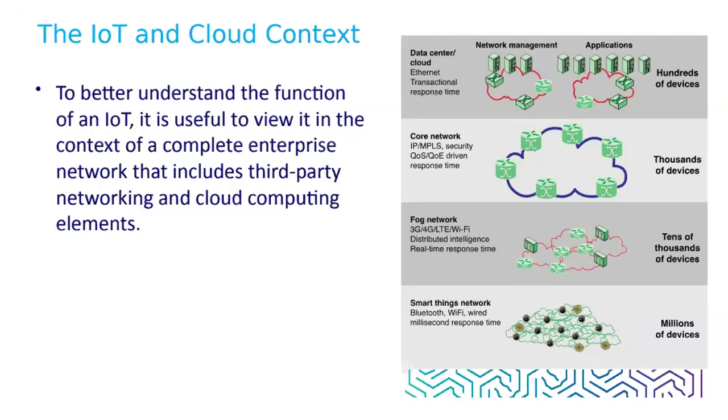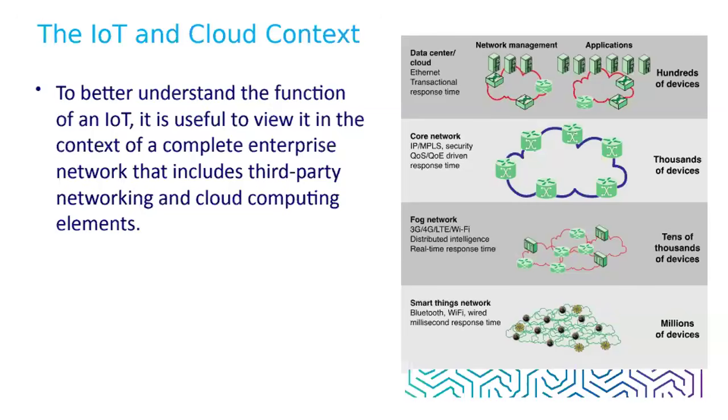To understand how IoT works, we must look at the complete environment in which it operates. That environment may include IoT devices, enterprise networks, third-party communication networks, and cloud computing systems also. An enterprise network is the internal network used by an organization to connect its computers, servers, IoT devices, and applications. So the enterprise network will connect the employees, IoT devices, servers, databases, internal applications. It allows the devices inside the organization to communicate